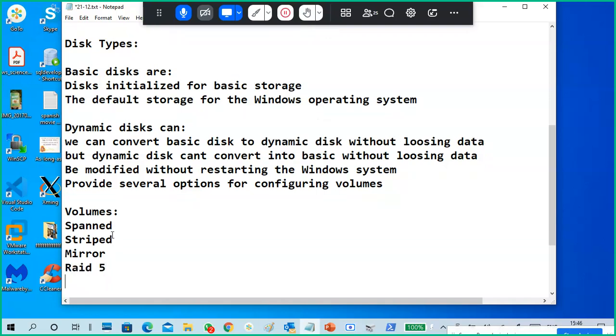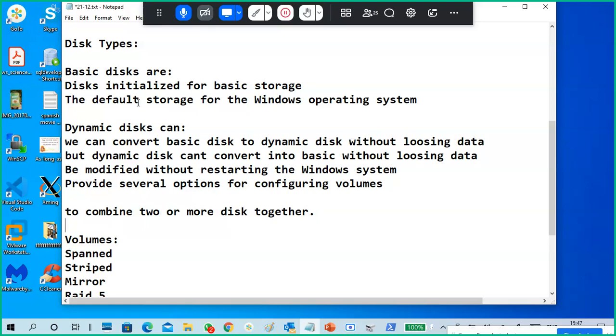You can create these on a dynamic disk. The main purpose is combining, so it is used to combine two or more disks together. That is what we call volumes.